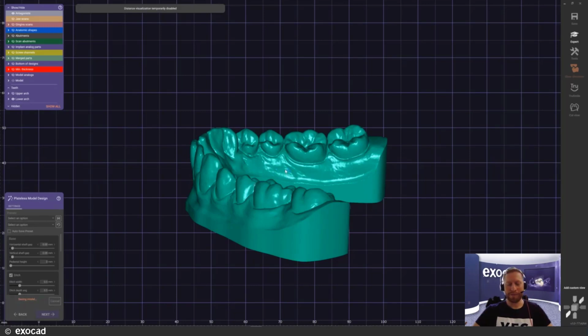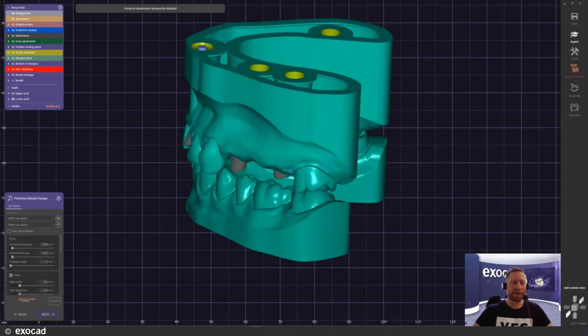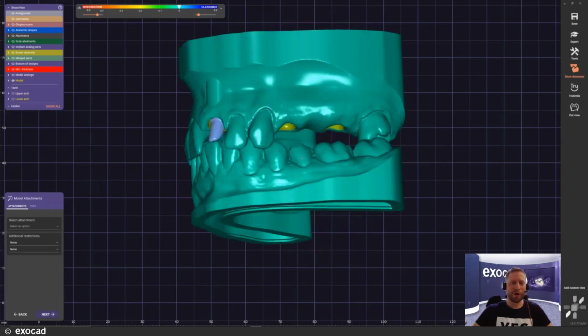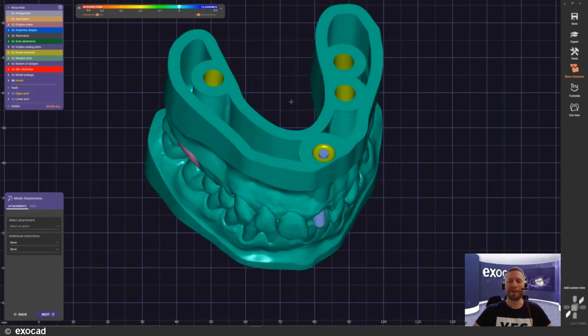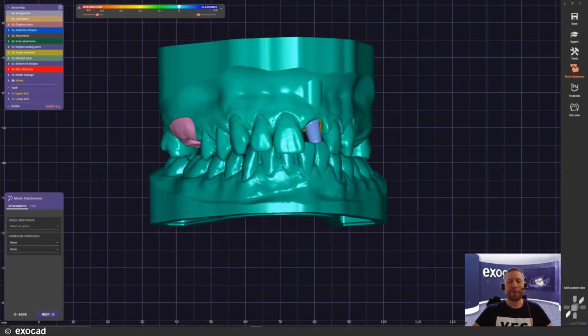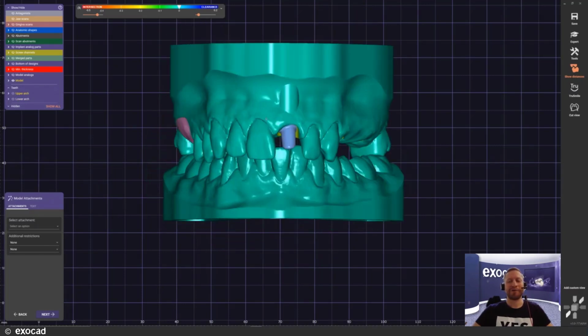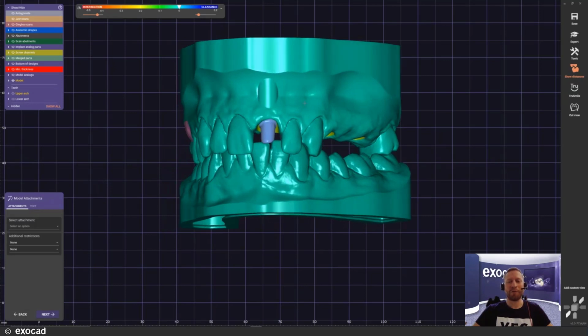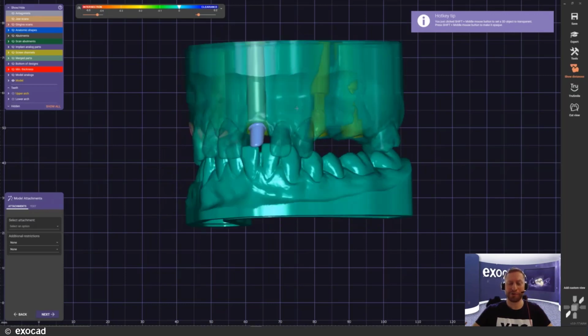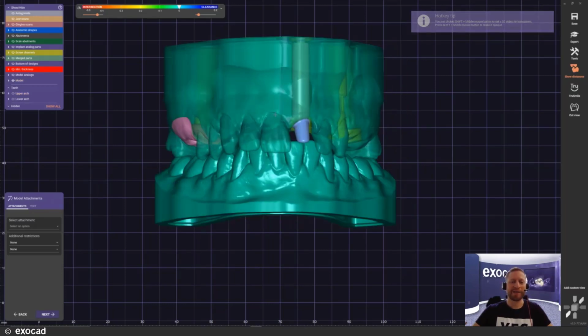And here we go. The model is being saved again as it was prior in our other case. Here is our model. Of course, I could still go and lower the height if I wanted to. I just did that to be sure that our analogs have more than enough room. We could have lowered the height and saved a lot of material here. I just wanted to show you the option. But here you can see what it looks like.